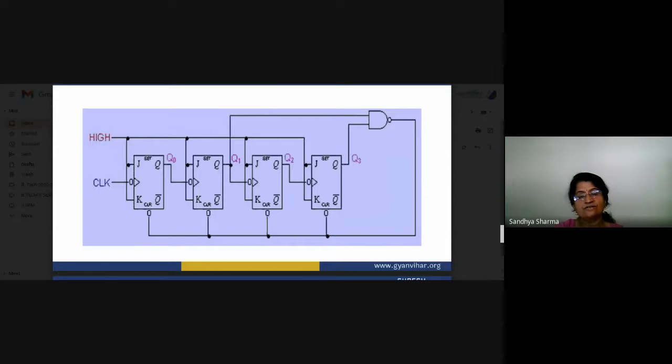0 0, 0 1, 1 0 and 1 1. Since it is 4 flip flops, your counting will be 0 to 15. But after counting 0 to 9, it should not exceed to a higher number, it has to close. So now what do you have to give? 1010. Your last counting is 1010. So you have to provide 1010, meaning Q3 and Q1. These are the 2 points which you have to reset.